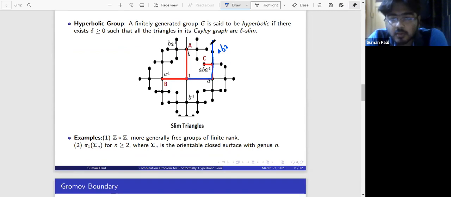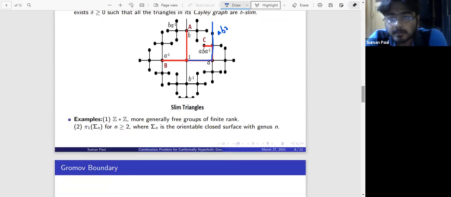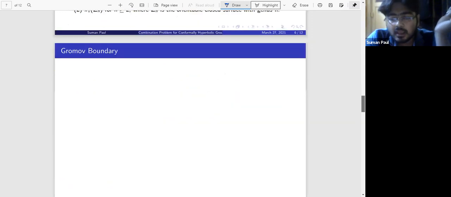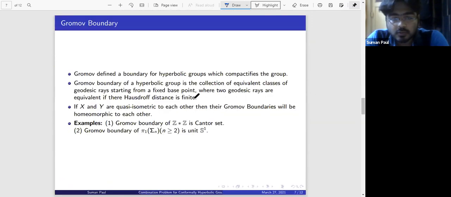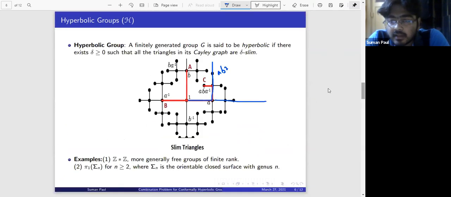Why? Because their Hausdorff distance is not finite. They are far away. Okay, they are parted away from this vertex. So this goes in this direction, and this goes in this direction. They are parted away. So as a set, the Gromov boundary is the equivalence classes of these geodesic rays, and we define